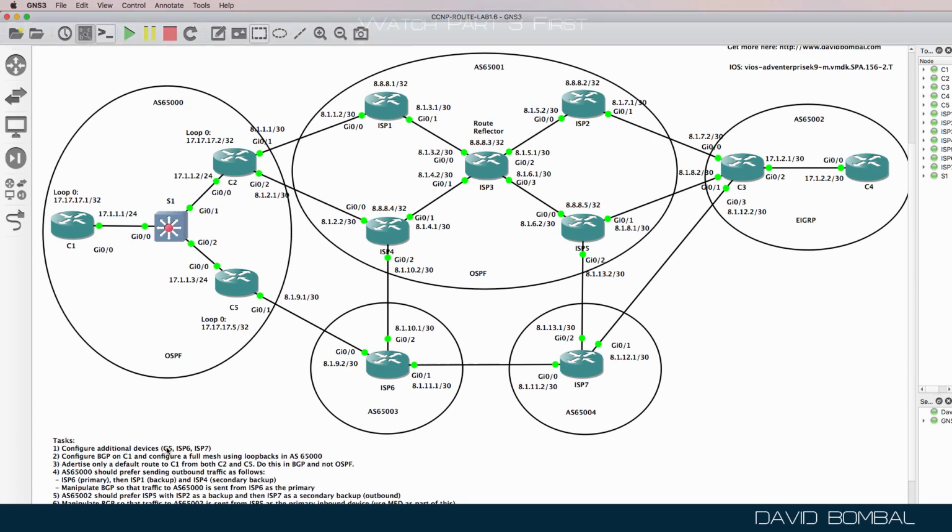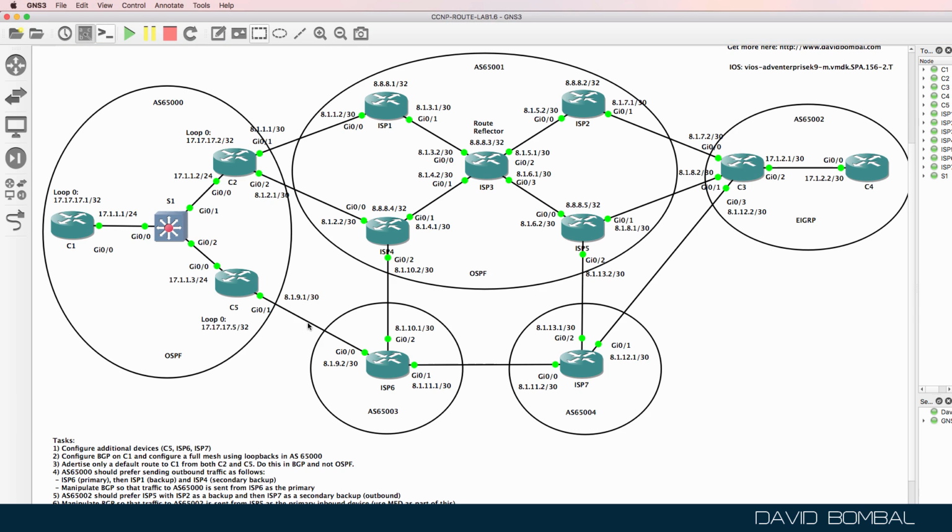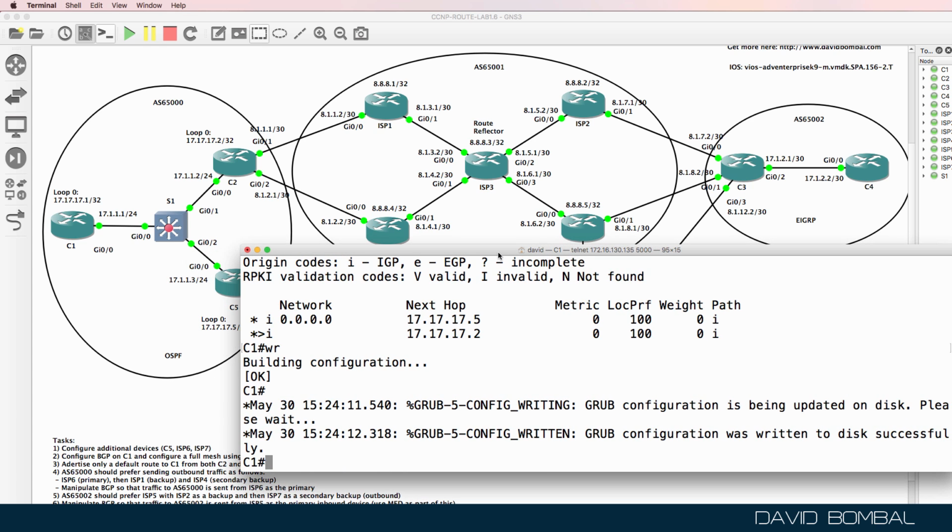In this lab, we've been told once again that autonomous system number 65000 should prefer sending outbound traffic as follows. It should use ISP6 as the primary path, ISP1 as the secondary or backup path, and ISP router 4 as the secondary backup or tertiary path if you prefer. At the moment on customer router 1,